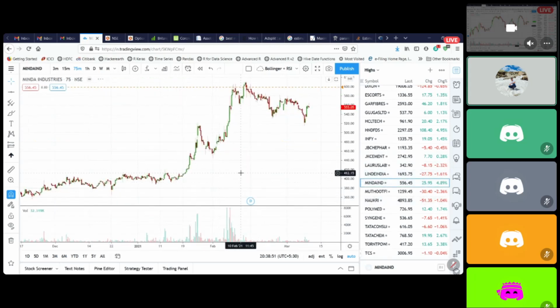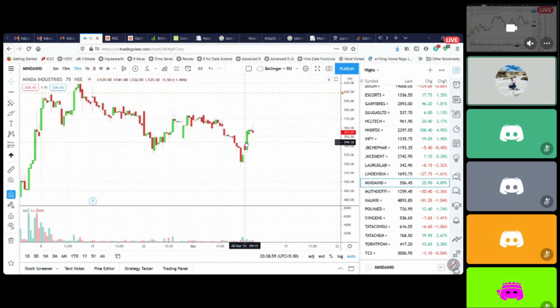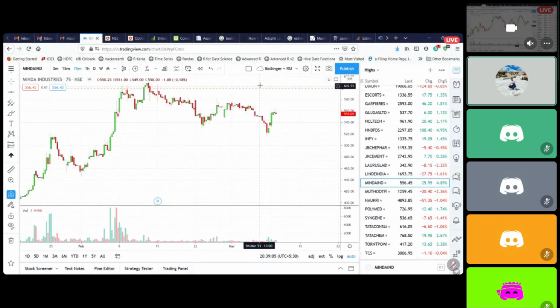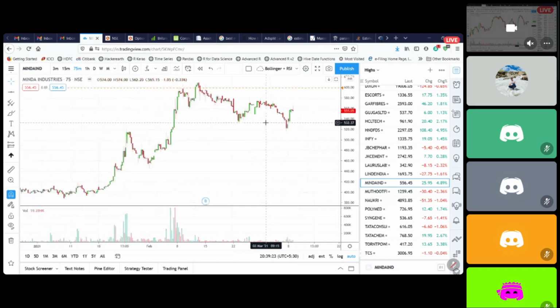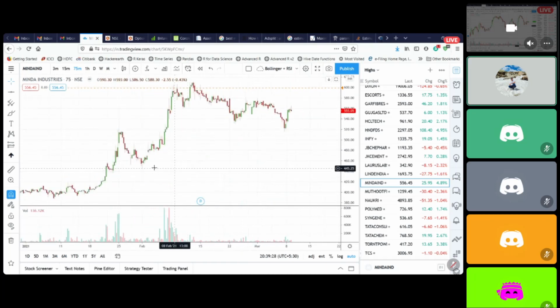Minda Industries, okay. Minda is actually at 515, a good support. It just hit it and went up. But if someone goes long at 550, the risk is also more than 40 rupees, more than 8% risk. It was a good trade if the green candle would have come at 525, 530, but at 550, I'm not comfortable taking this. So risk is very high here. But this was a good support. Got it. Usually the previous swing highs tend to become very, very good supports.